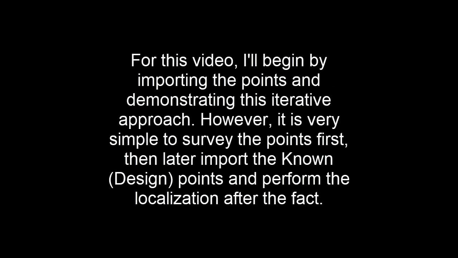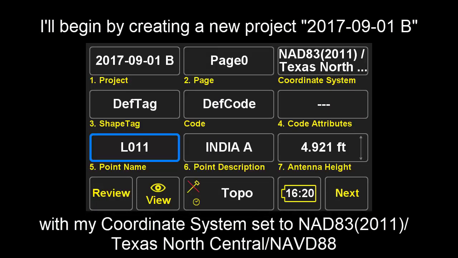Once these additional points have been recovered and occupied, they can be added to the localization, either one at a time or all at once for the final localization. For this video, I'll begin by importing the points and demonstrating this iterative approach. However, it is very simple to survey the points first, then later import the known design points and perform the localization after the fact. I'll begin by creating a new project,